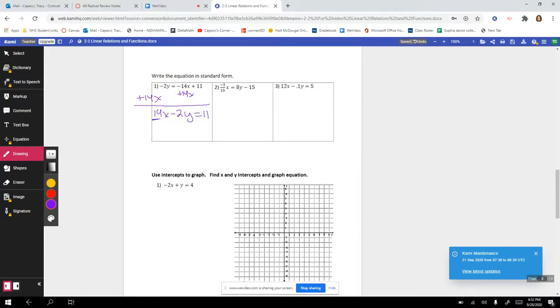Now, we started off pretty easy, right? My a value here is 14. So we're all set. That's my final answer. I did not really have to do a lot with that one. Now, in number 2,